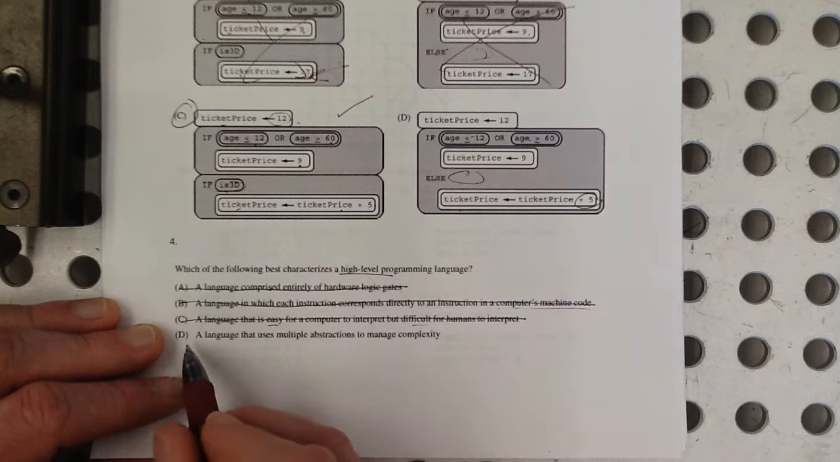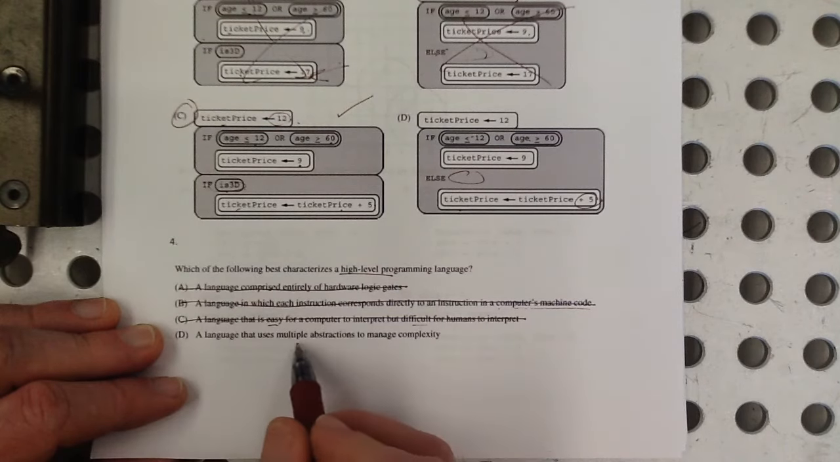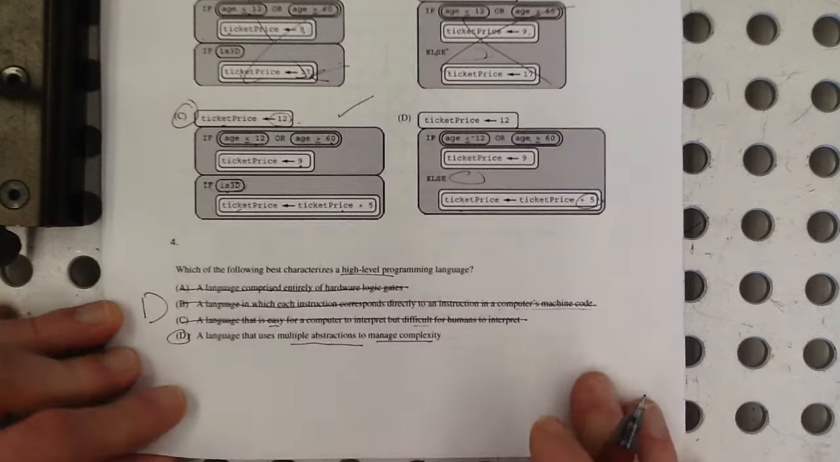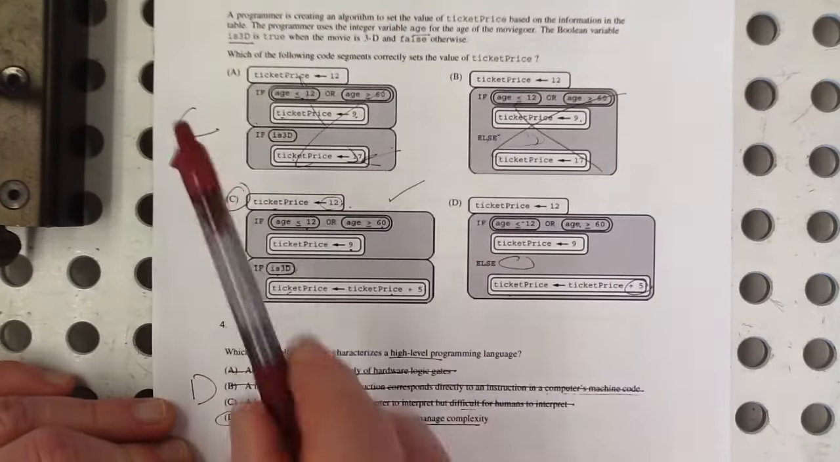And the D, a language that uses multiple abstractions to manage complexity. That's what we want. That is a feature of a high-level language. So 3 was C, 4 is D. And